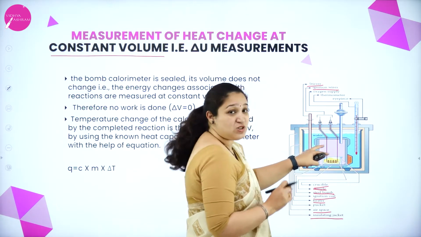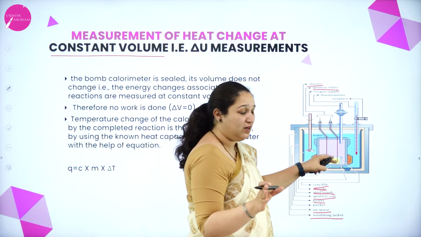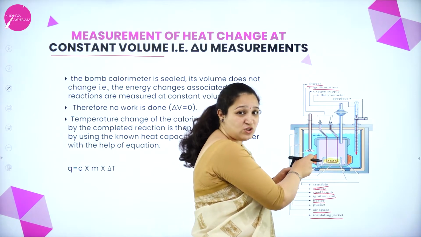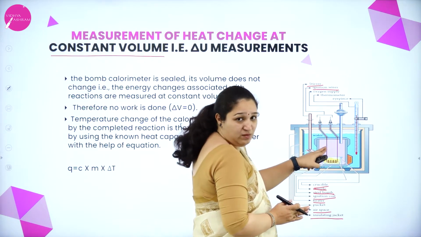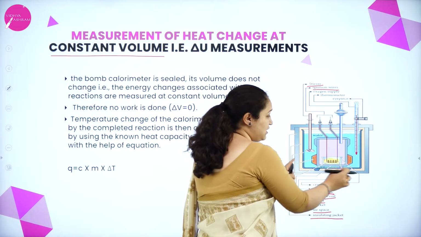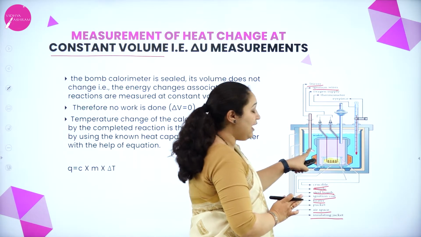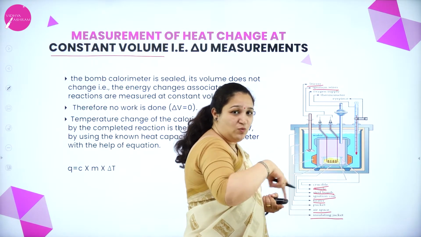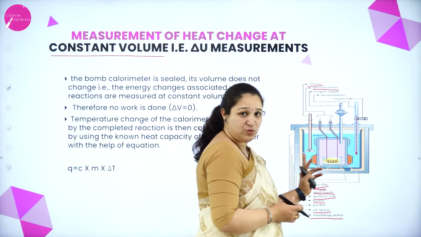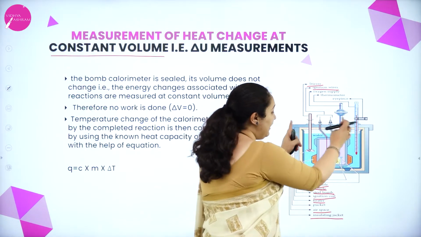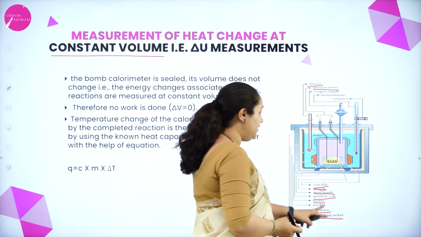Okay, because oxygen, we know, will support combustion, so it is very much required here. There is no other opening for oxygen to come. That's the reason oxygen is there inside the steel bomb. Now the steel bomb is immersed in water, whose temperature you can measure using the thermometer, and there is a stirrer for the water to be stirred continuously so that the temperature will be uniformly distributed in the water, and the entire thing is again in an insulating jacket.